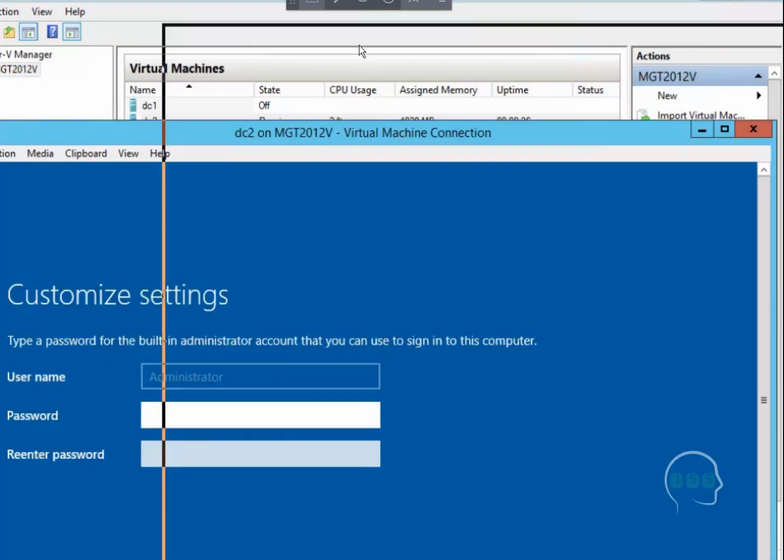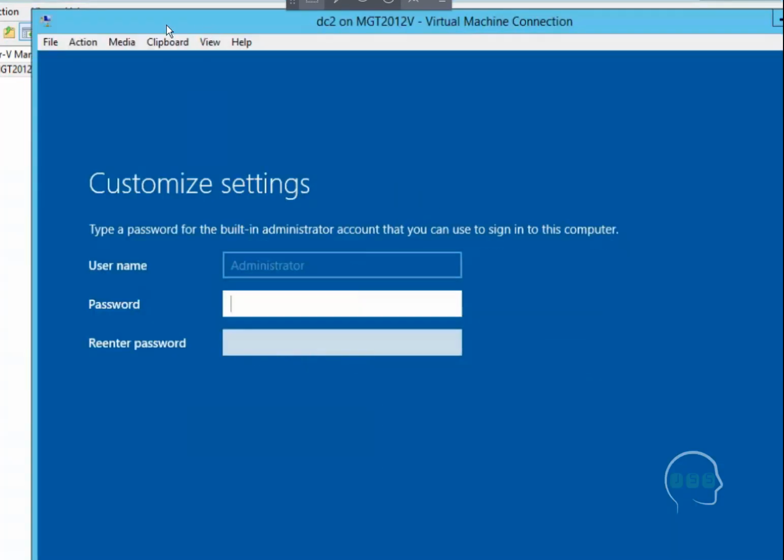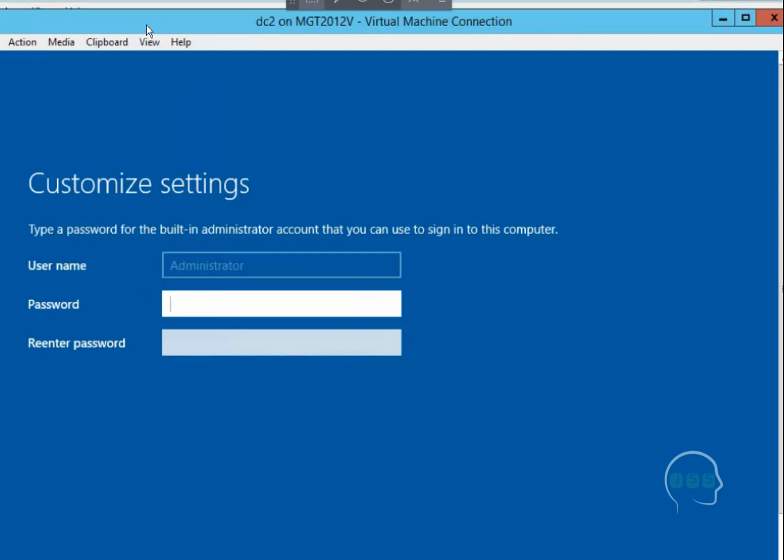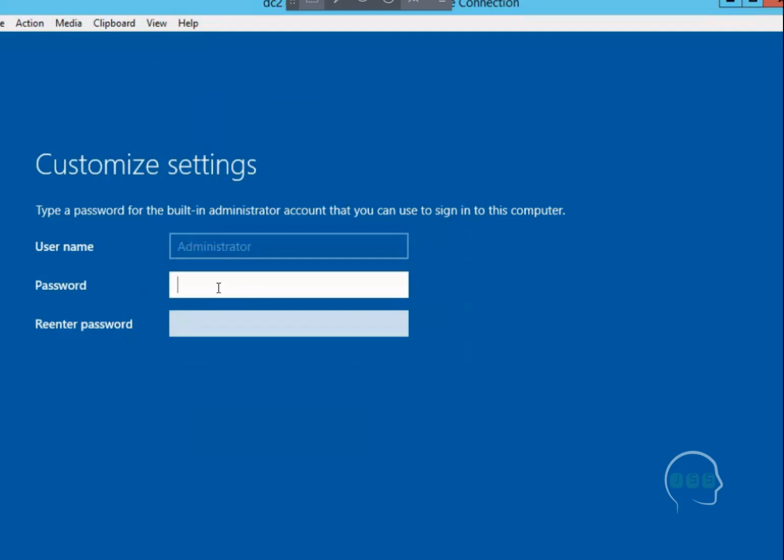Of course, there you go. So this is what I was talking about, that you can turn off this machine and keep this image. Right now, this machine is not ready at this point. But what I would like to do is, for example, get into this server and run a Sysprep. So let's quickly create a password and do the Sysprep part, and then we can conclude this Hyper-V training for this